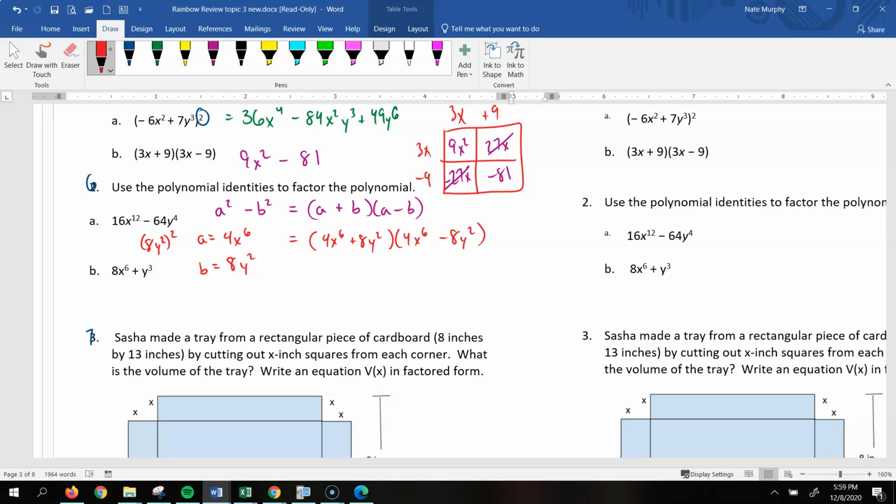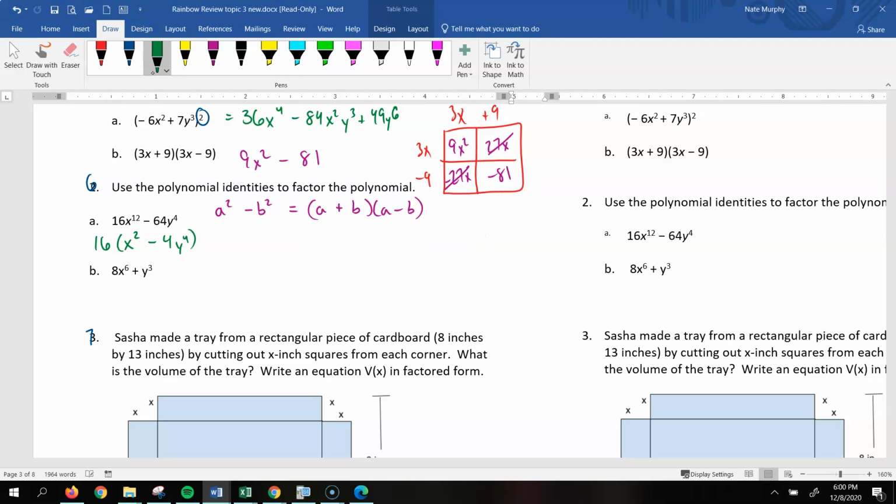Now there is something else that you could have done. This is not something that the book teaches, and so that's why we just left it like this. But technically, both of these are divisible by 16. So if we factored out a 16 at the beginning, we'd have x squared minus 4y to the 4th. And then we would have 16 times,